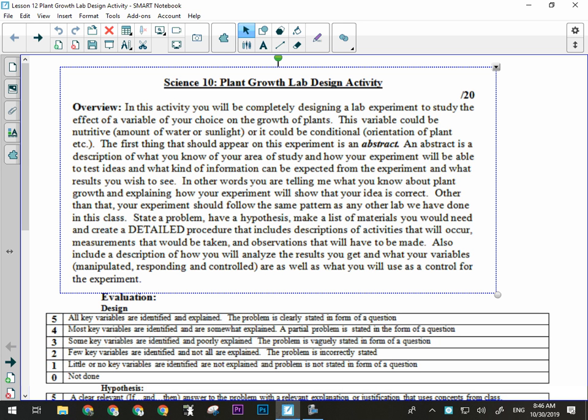So you're talking about how you're setting up the experiment. You talk about that you're putting these things in a pot and